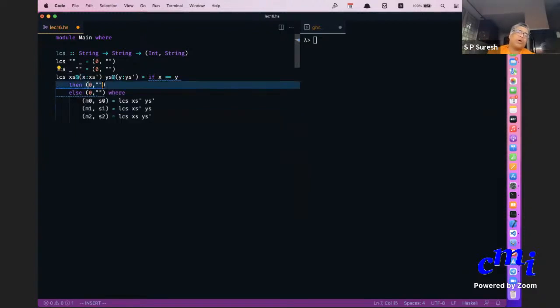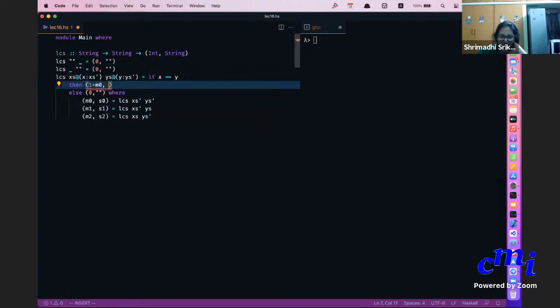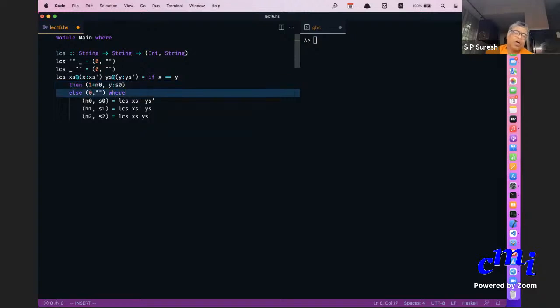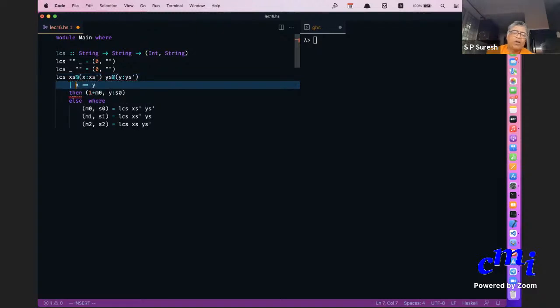Now, if x is equal to y, what will you return? You want to return 1 plus m naught, and then x goes to the front, so x colon s naught; x or y, both are the same. That is what you want to return. Else, you don't really need to do much. Instead of this, I'll write this as a guarded command.